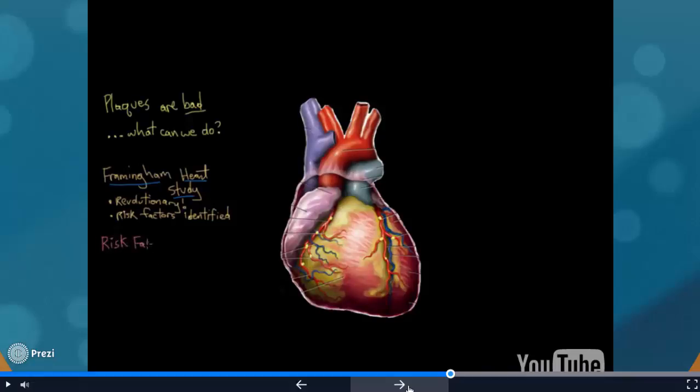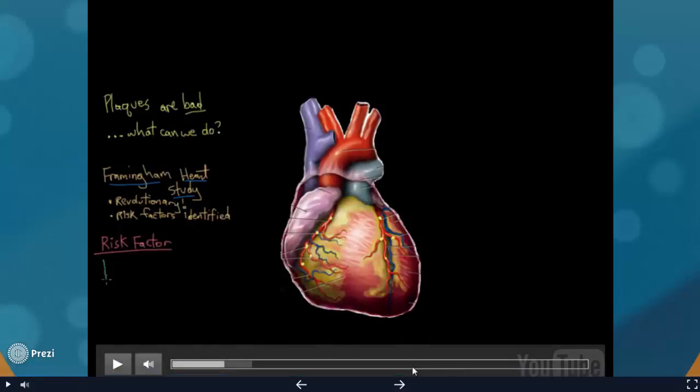So all this talk about risk factors. What exactly is a risk factor? Well, a risk factor is something that predisposes you to something else. So, for example, you could say that by